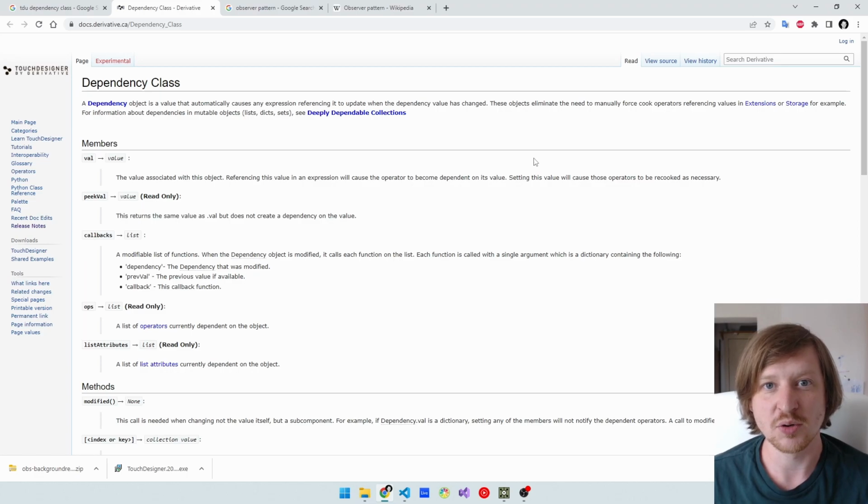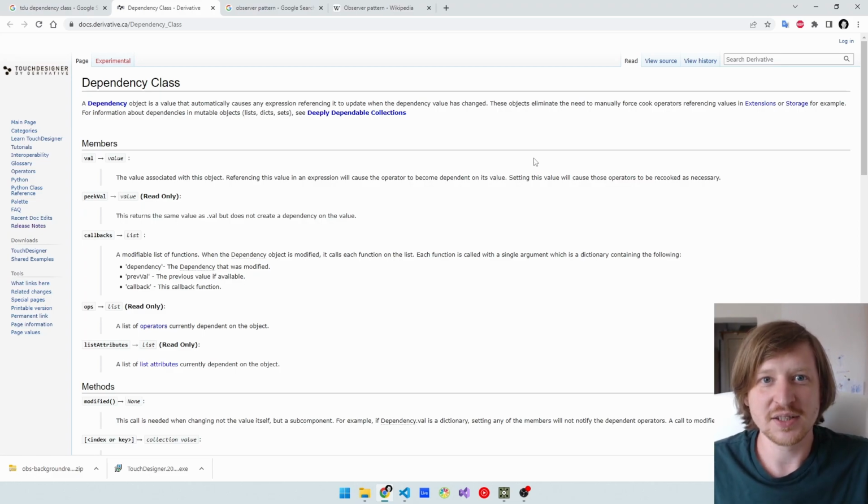I want to talk to you about TDU dependency. Sounds very depressing, but it's a good thing actually, very, very good. So we're gonna see some examples, what's the idea behind this dependency class, and how can we use it inside TouchDesigner. And the documentation actually is pretty good, but I know that some people, like myself included,